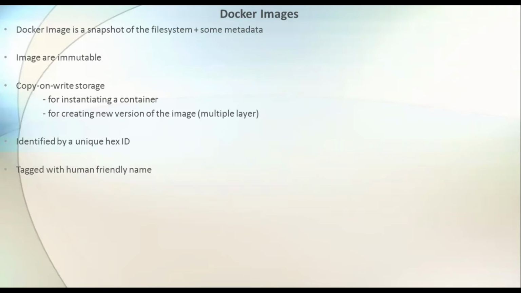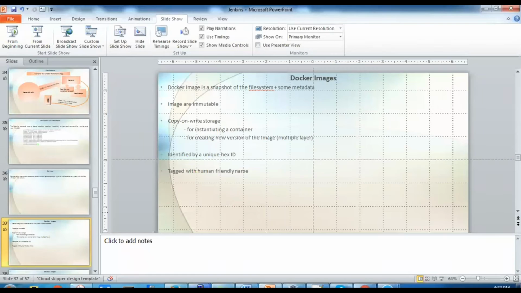All the images are unique by a hexadecimal ID. So that ID says that this image is different from the other image. We are going to see practically how it looks. And all the images have a tag, and that tag is very human friendly. So we can attach a tag to each and every image. Tagging the images means later on if you need the older version or new version, we can identify that image with the tag name. All right, so let's move on to the lab side.